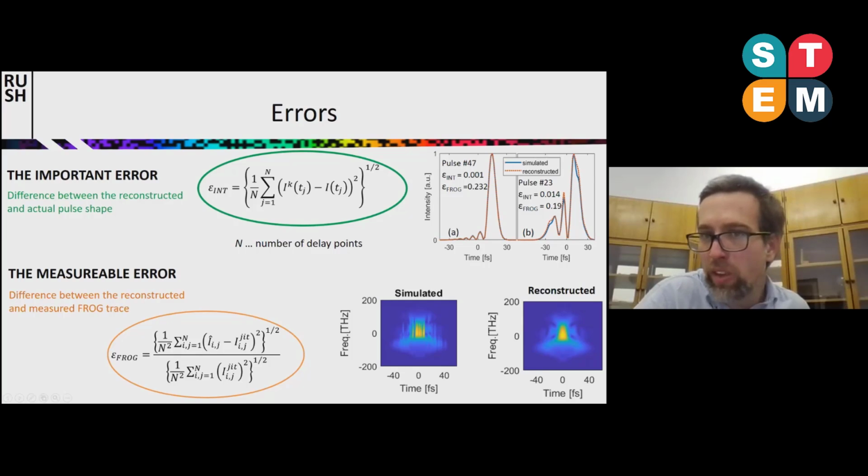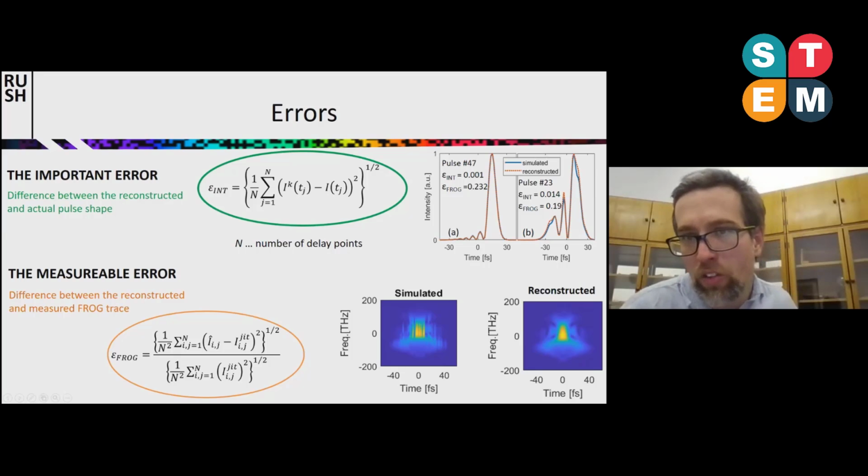And the more your picture looks like this, the better for you. This is a little bit worse, but still an acceptable result. And so you are interested in this kind of error, how much the actual and the reconstructed pulse shape differ from each other.